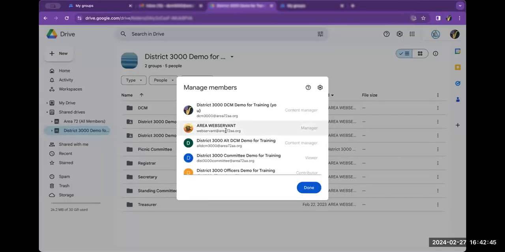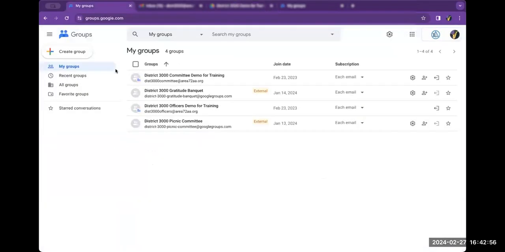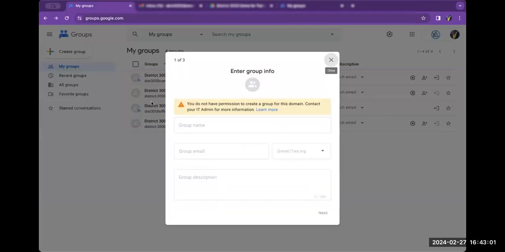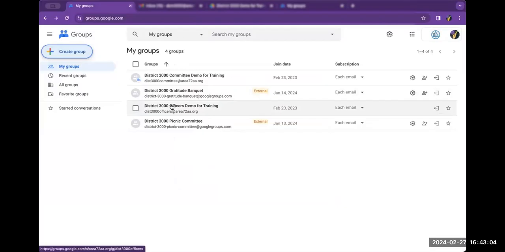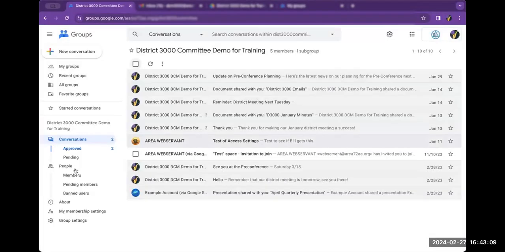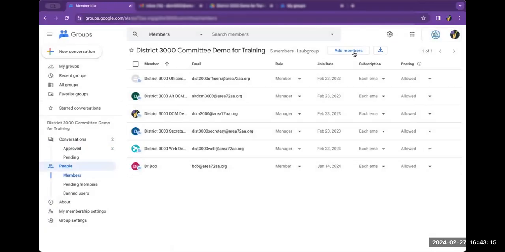So the committee is set to have view access. So anyone in the committee group can view this shared drive. And so we're going to add, as the last thing of my presentation, we don't want to create a new Google group. We want to go into this group here and go to members. This is a way different interface than in the Google Workspace admin panel, but this DCM has manager access to this group. So through the groups app, they can add